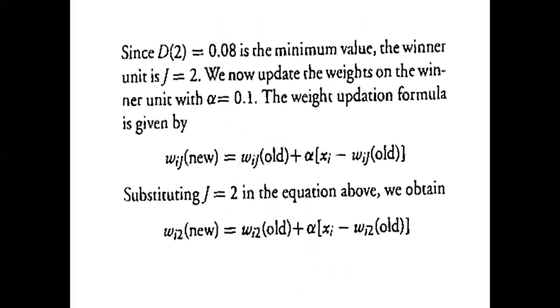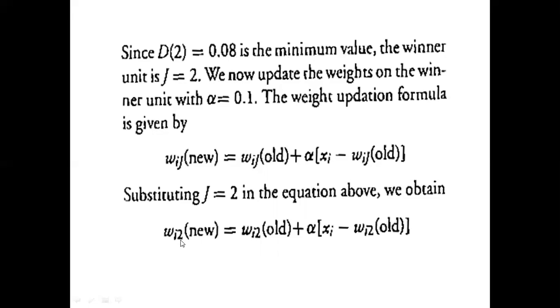Now since d2 is 0.08, the minimum value, the winner unit is j equals 2 here. So we now update the weights on the winner unit, that is alpha is equal to 0.1 and the weight updation formula, that is wij new is equal to wij old plus alpha xi minus wij old. Here j is equal to 2 because we only change the unit which has the minimum value, that unit only. So we substitute j is equal to 2 in the equation above and we obtain